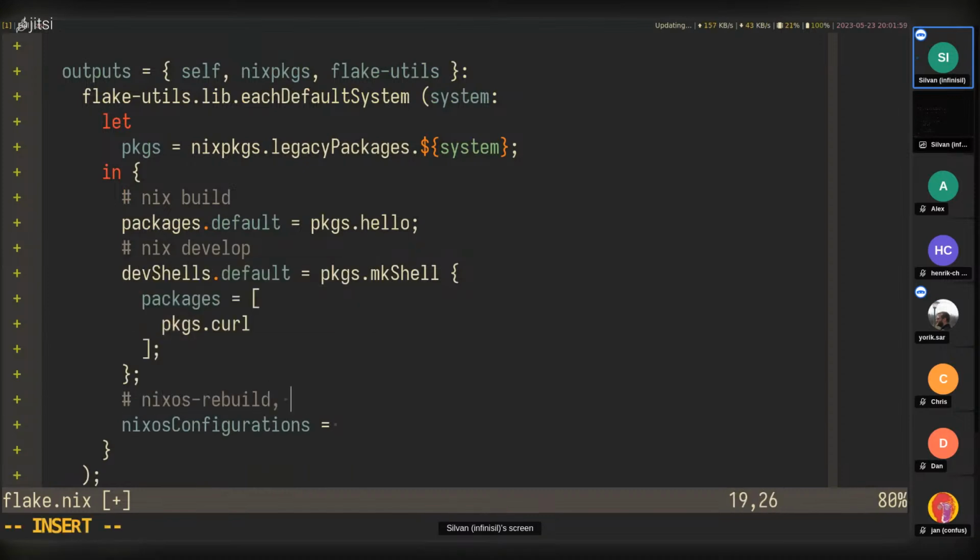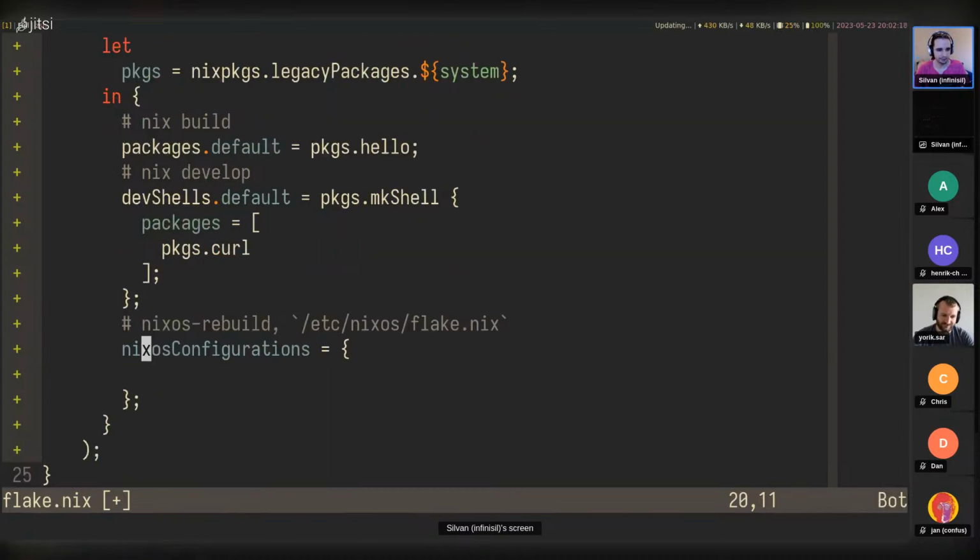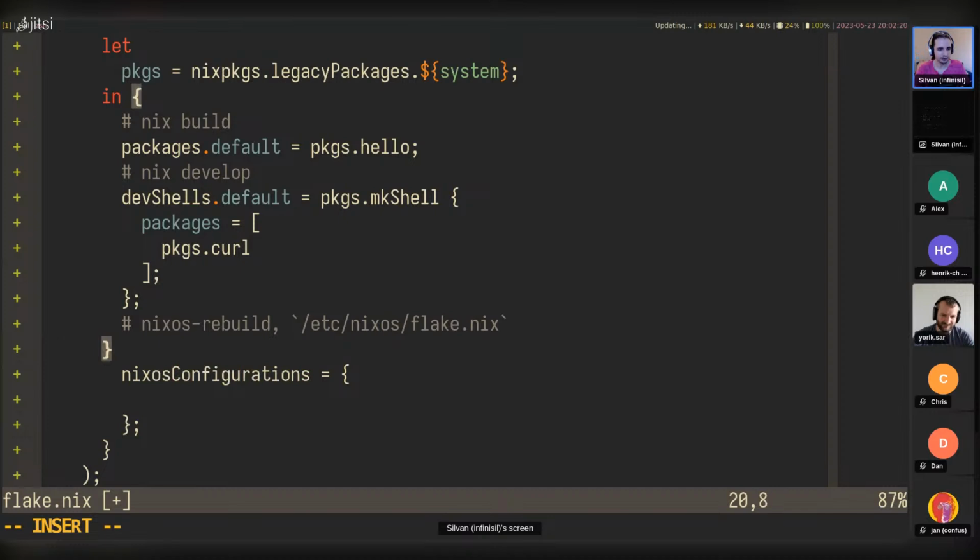This is what you would put in your /etc/nixos/flake.nix. Yeah, but this one actually doesn't need a system because it's not specific to any single system. nixosConfigurations, that's like a NixOS module. And so this, I believe you'd have to put outside here.